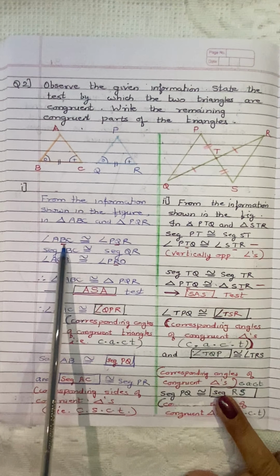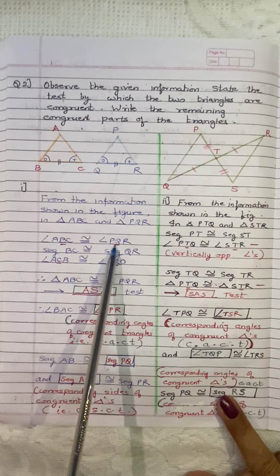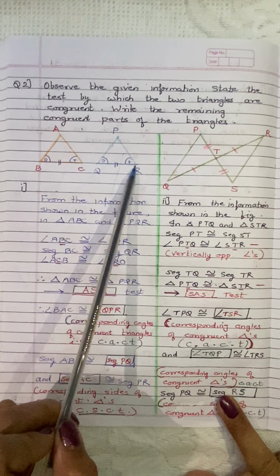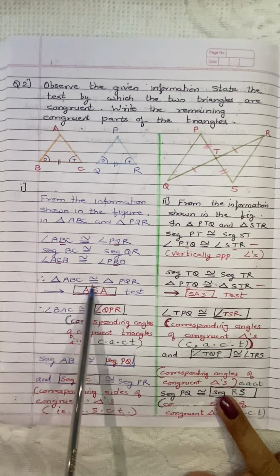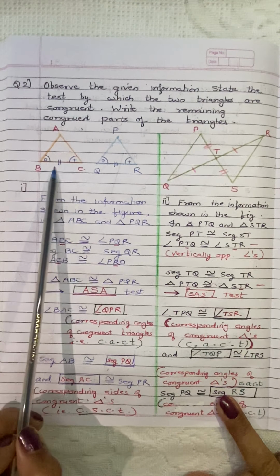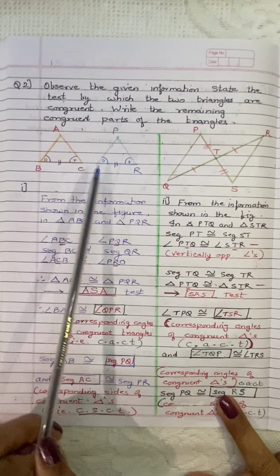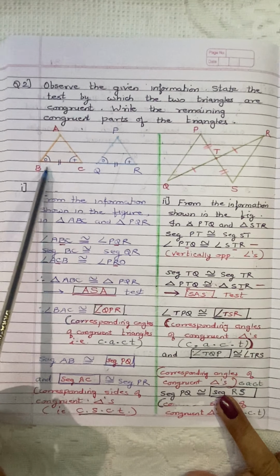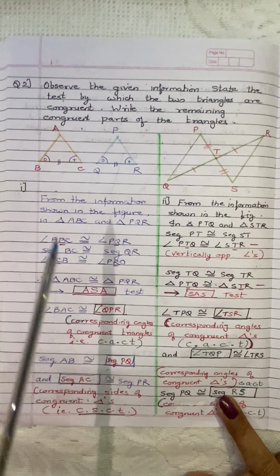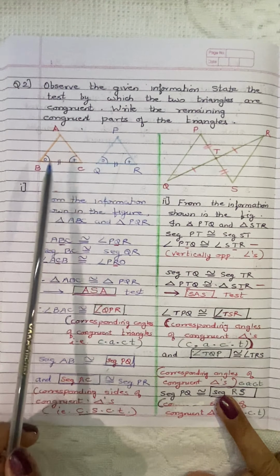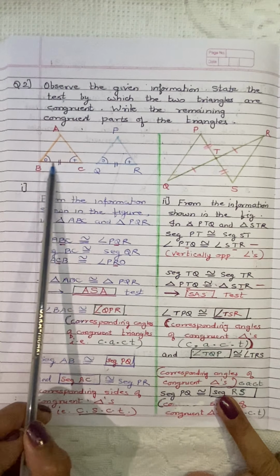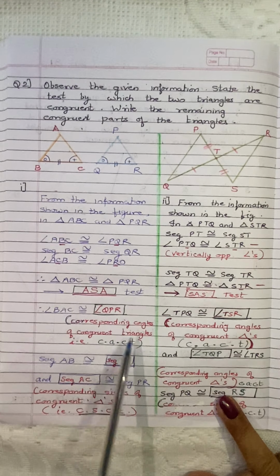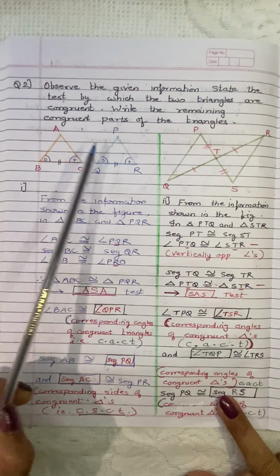Now to understand where exactly the position is, you can look at the vertex B and Q, then C and R of the angle. So now we can say ABC is congruent to PQR. Now which test is it? Two angles and side included by them. So ASA test. Therefore angle BAC is congruent to angle QPR. When these two angles and the side included by them are congruent, naturally the third angle is also congruent. Therefore, corresponding angles of congruent triangles.